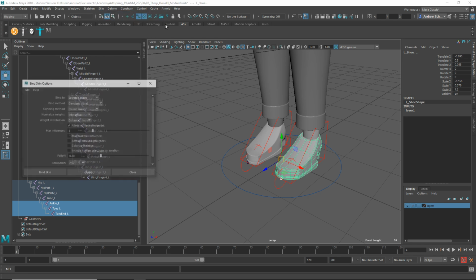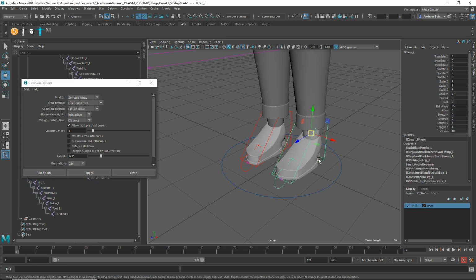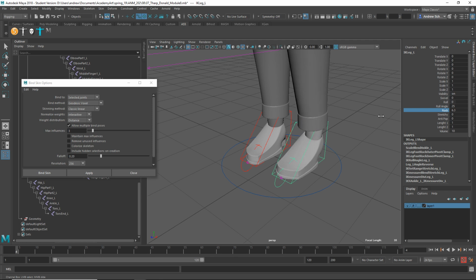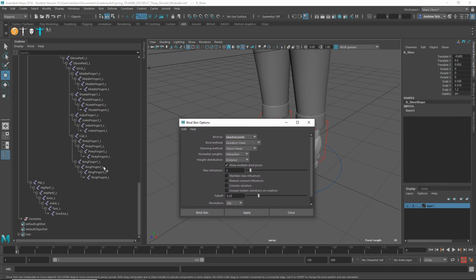Skin, bind skin options. Make sure we just have selected joints. Okay. See how it does when we just do that one thing at a time. Okay, that's working. Let's try this and that. Okay, that's better. Let's repeat for this foot, and let's get the, where's the right